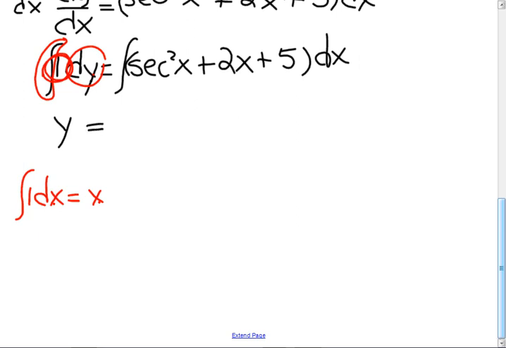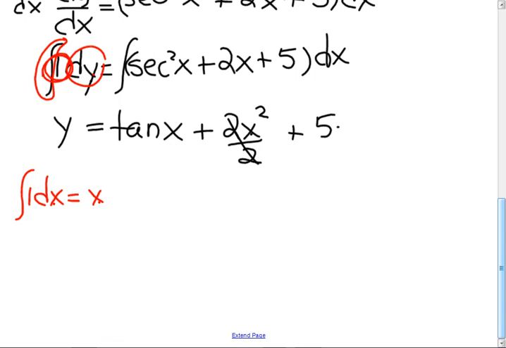As far as you're concerned, you're just going to integrate the right side. So we're going to get into more complicated things. Now, what is the antiderivative of secant squared? Tangent. Good. That's very good. What's the antiderivative of 2x? 2x to the second, what else? Divided by 2. How do you know it's right? Take the derivative. Derivative of tangent is secant squared. This is going to cancel with the 2's. The derivative of x squared is 2x. That's right. Plus